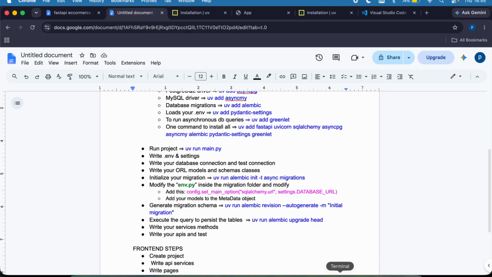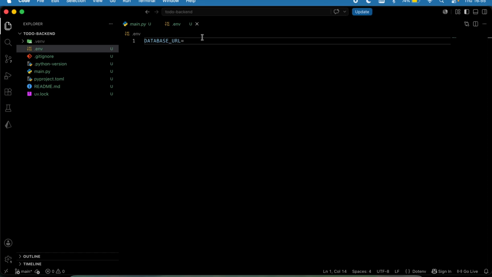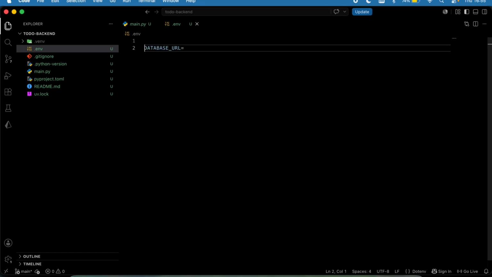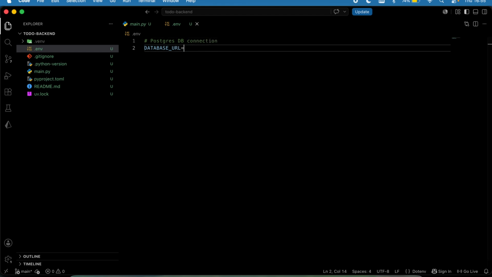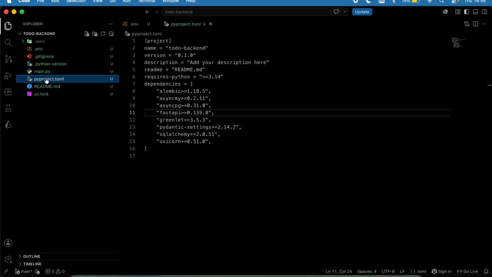Okay, so right here for your database URL for Postgres, let me add a comment and say Postgres DB connection. That's going to be PostgreSQL plus asyncpg. If you are surprised where this is coming from, if you can go back to your library,